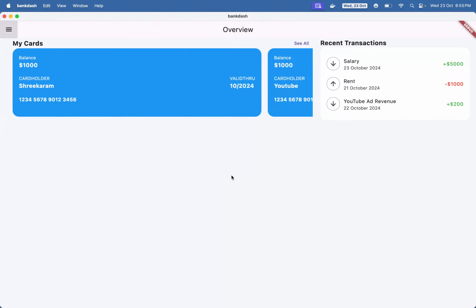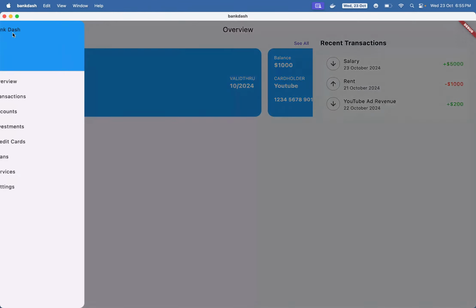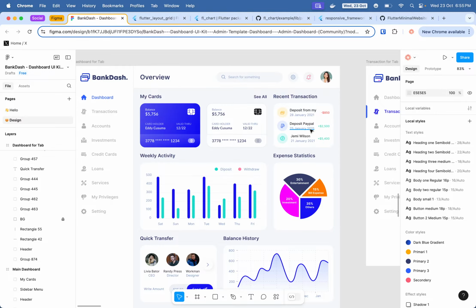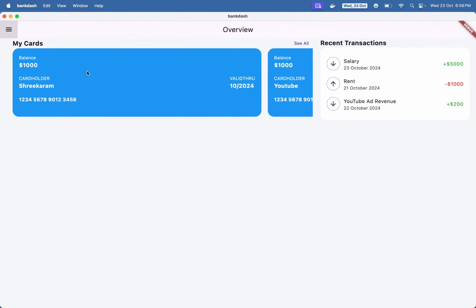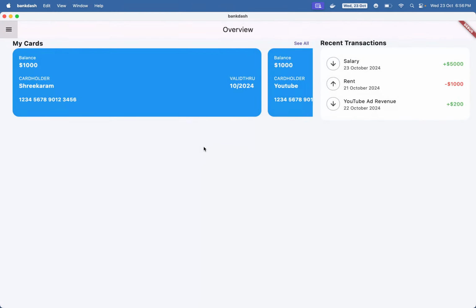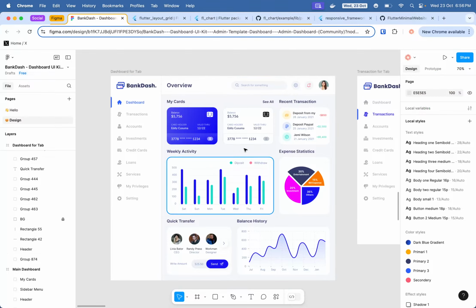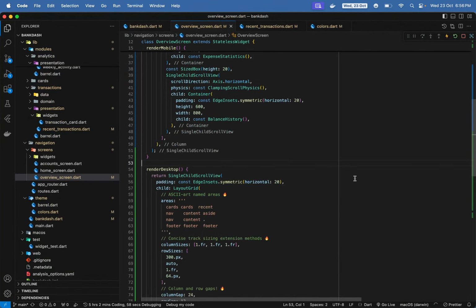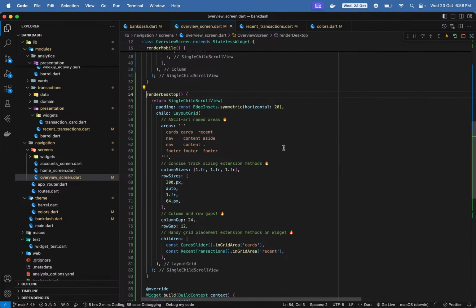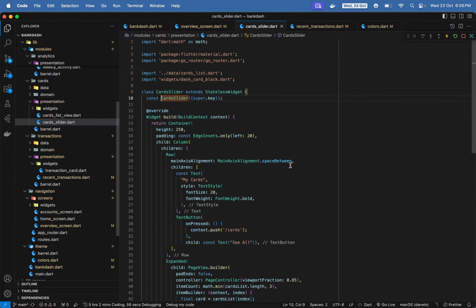And if you see, there is a difference, right? This is a bit smaller, but here it appears bigger. That is because this is collapsed. If it is expanded, then we'll fix that gradually, we'll come there. But let's first fix this one. So the cards are way too big. What I'll do is I'll go to the slider,